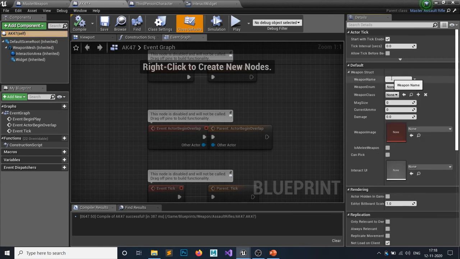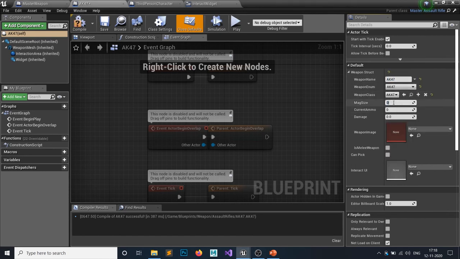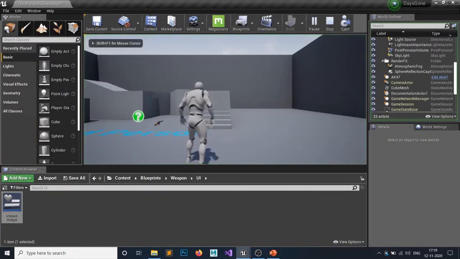The name of this gun would be AK-47, type would be AK-47, class would be AK-47, max magazine size would be 40, current ammo would be 40, and my AK-47 would do damage of 10 per shot. It's not a melee weapon. I don't need to set anything else. So let's check if it's working or not.